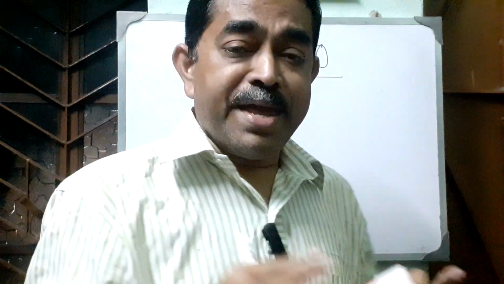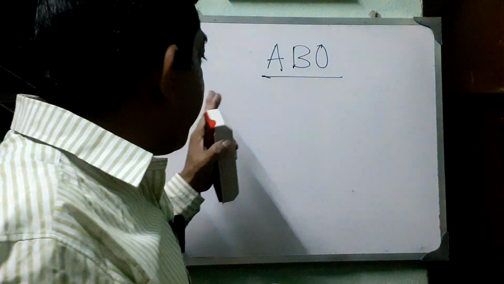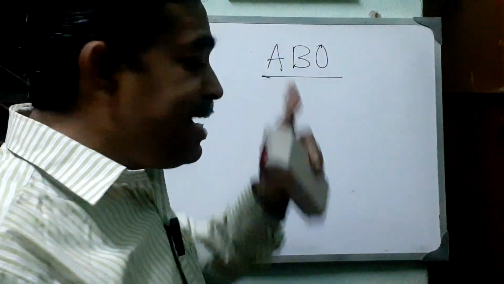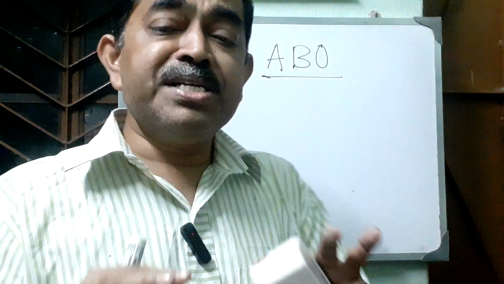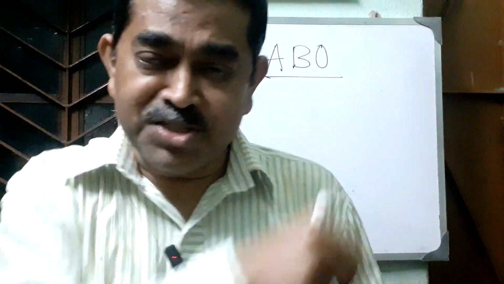The A and B antigens, O is not any antigen, are generally present on the surface of the red blood cells, and the antibodies are generally present in the plasma. Depending on these factors,